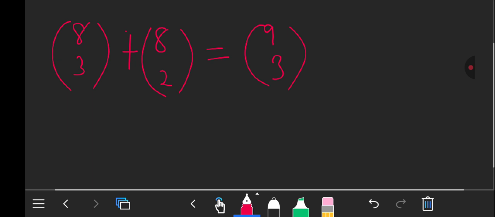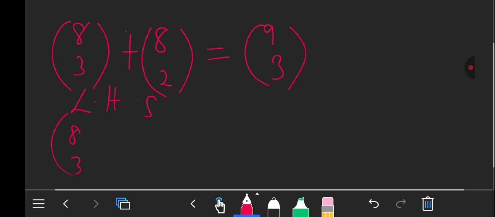So we want to prove that this is basically equal to that. So how can we prove this? Let's take the left hand side, which seems to be complicated, so that we'll get to the right hand side. So let's start with